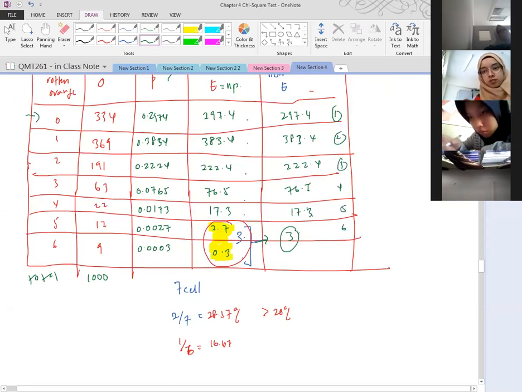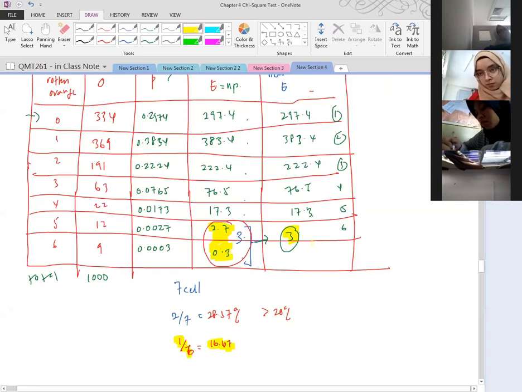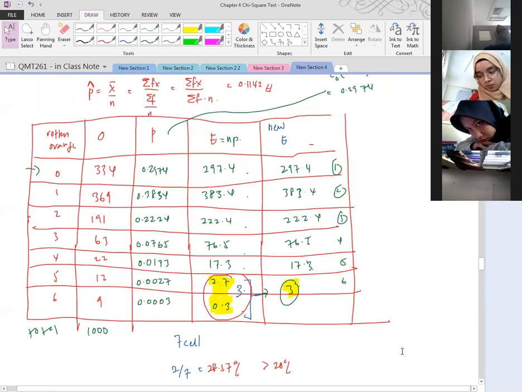So only one cell here is less than 5. So 1 over 6 multiplied by 100%, we only have 16%, so it's not more than 20%. So we can stop, we combine only these two. We don't need to combine 3 cells, right? So then the next step is we need to find the value of